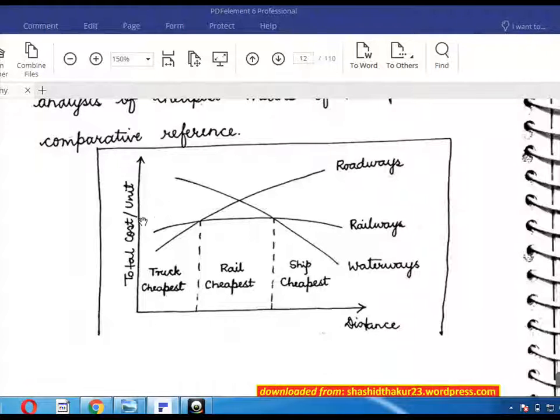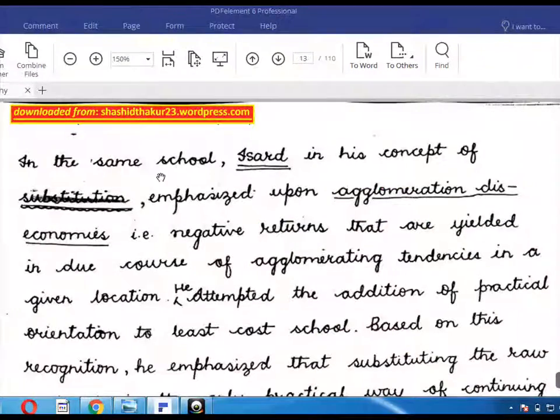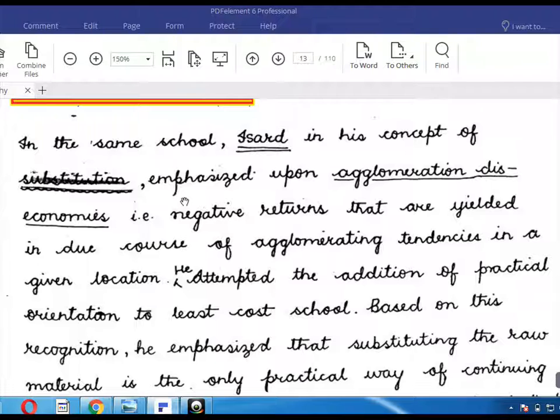Here you can see total cost per unit with distance stack. Truck cheapest, rail cheapest, and ship cheapest. So here you can see roadway is a high cost, it is not profitable, but whatever is the important profitable, and there is the medium. Okay, so you can see the same school in his concept emphasized upon agglomeration